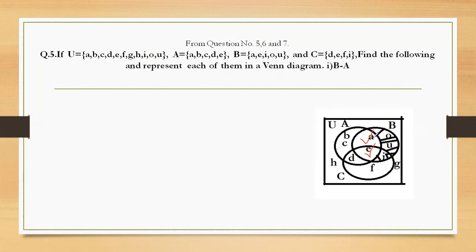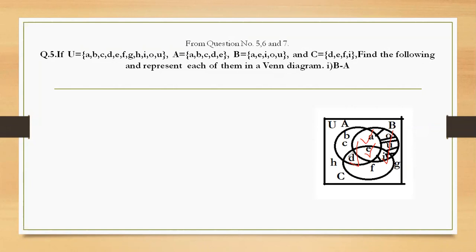Can you tell me, children, what this part is called? This part is called A intersection B only. And this part is A intersection B intersection C. After that we have to put elements in this part. What is common in B and C there, children? I. So I. Good. Then we have to start putting here, the common part of A and C.